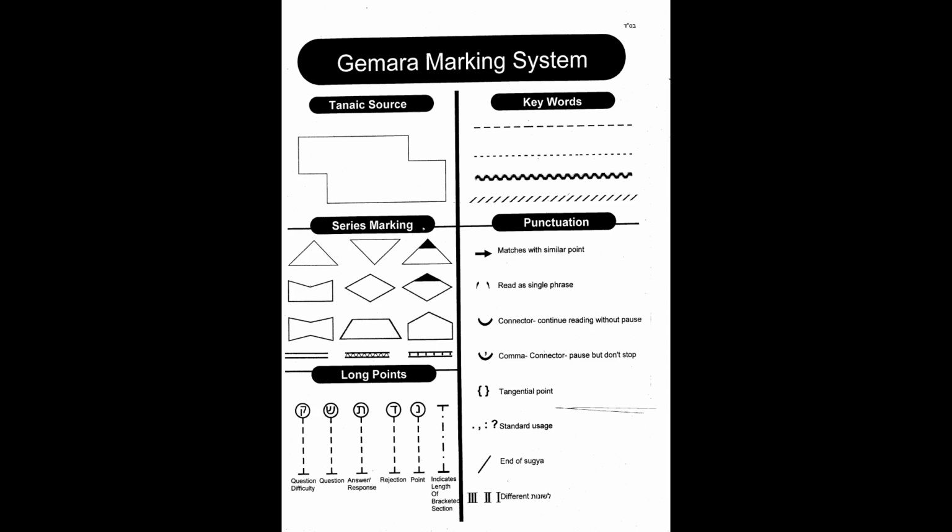So therefore we have triangles, diamonds, we have crown shapes, we have bow tie shapes, all kinds of different shapes. Each shape has no inherent significance. All they do is highlight an upcoming series. Well, without any further ado, we would like in the next brief time that we have made available for this introduction